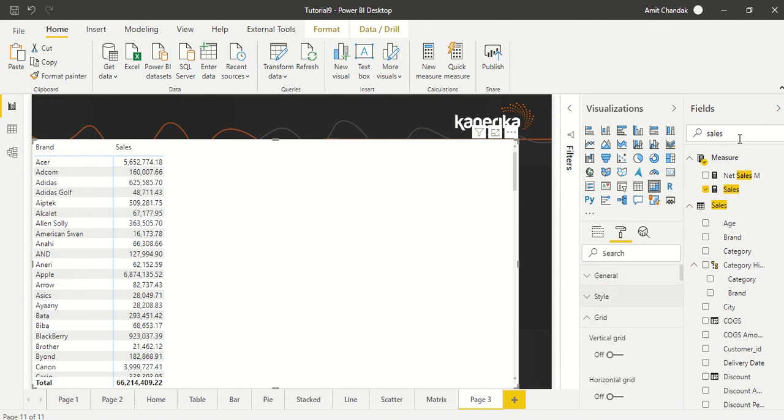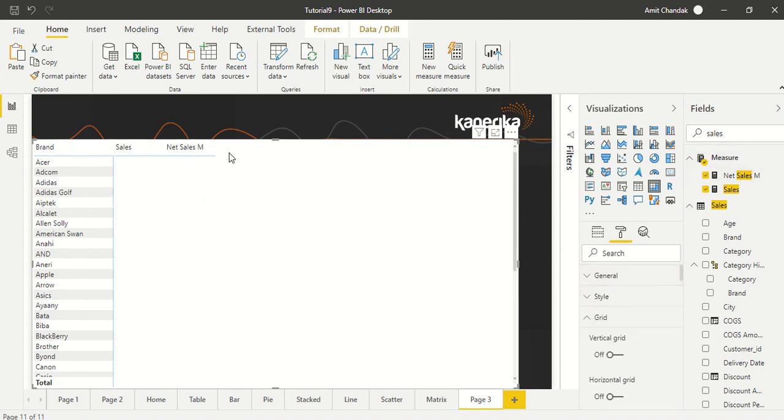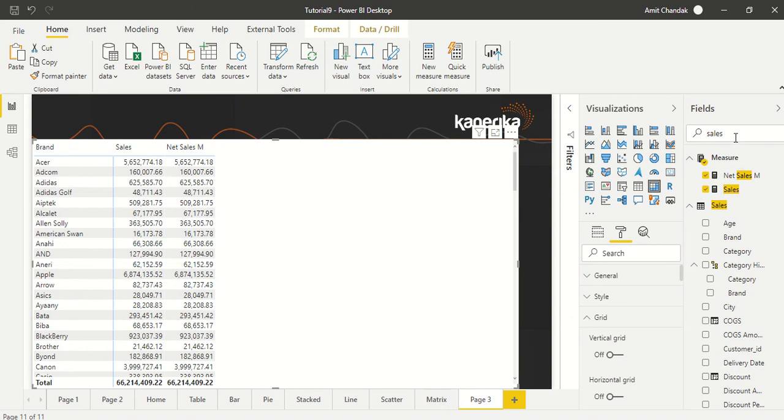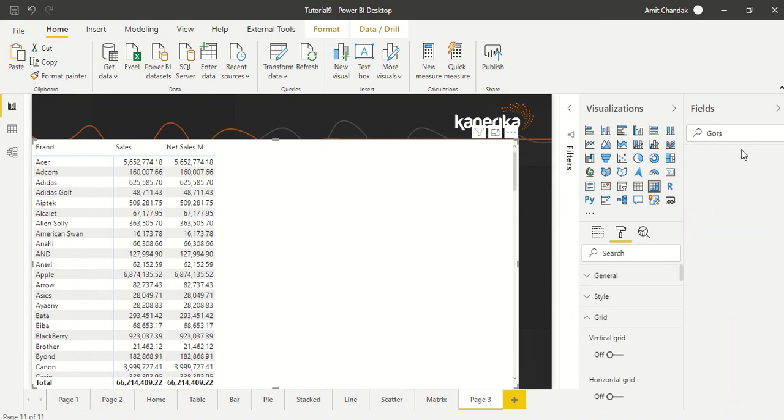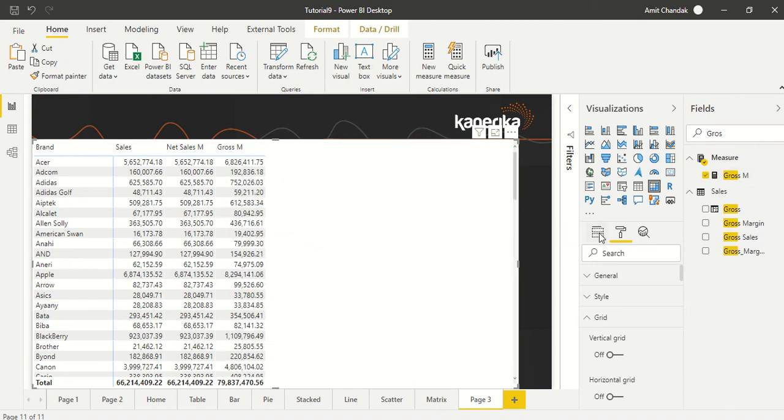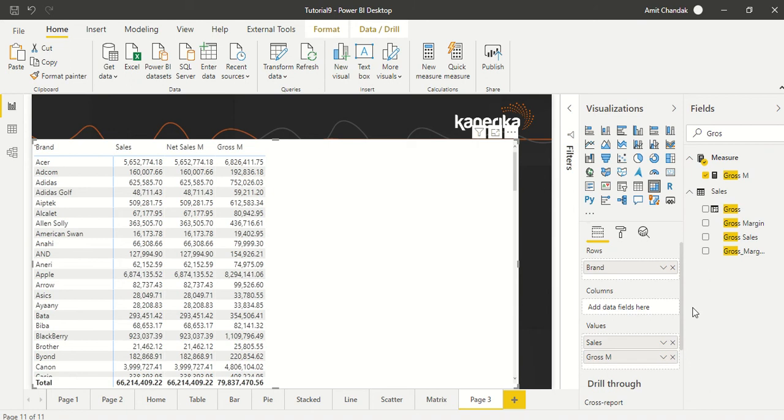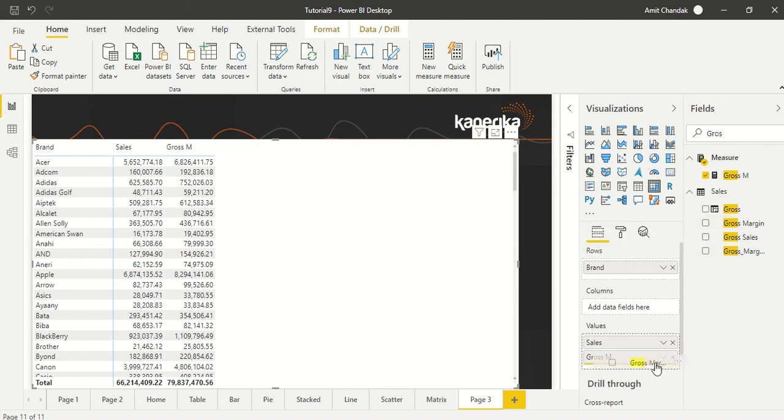Let's go ahead and add one more measure and see. We can add one more measure like this one, say sales amount. We can add gross also. So we add the gross measure. Now let's remove this measure, which seems very similar to this one. Then we can have gross margin, which we already dragged. Then we can have something like discount or discount percentage. Okay, we have discount percentage, so fine.